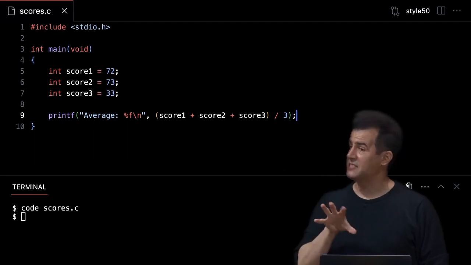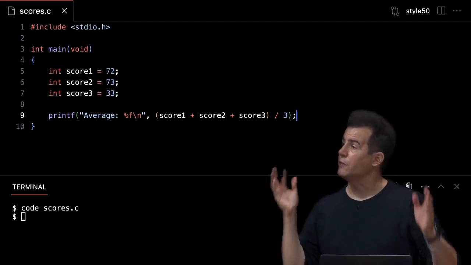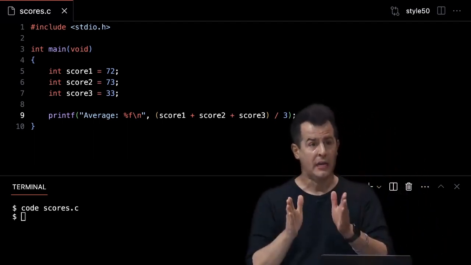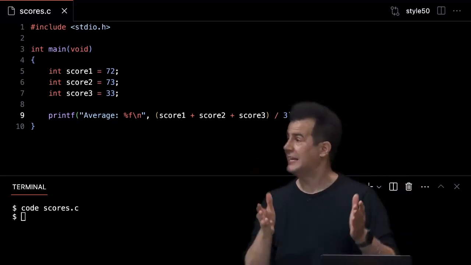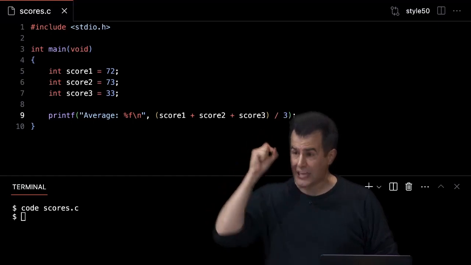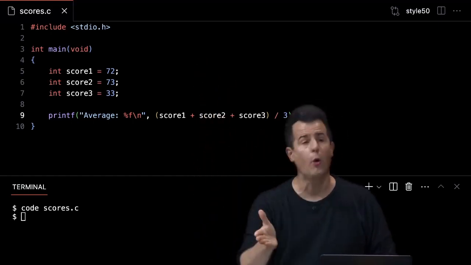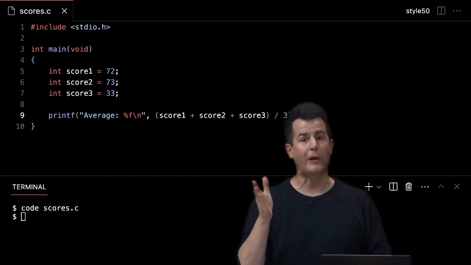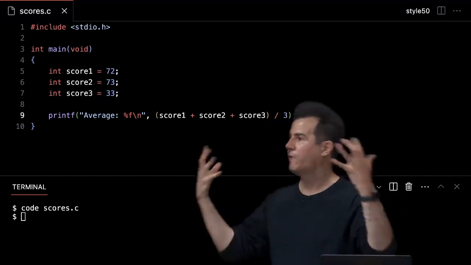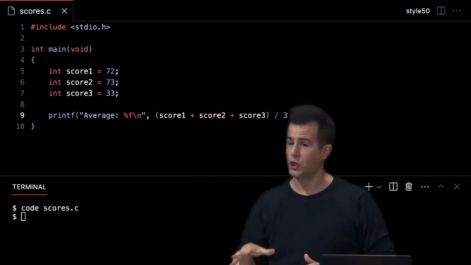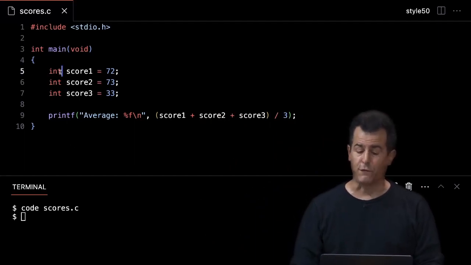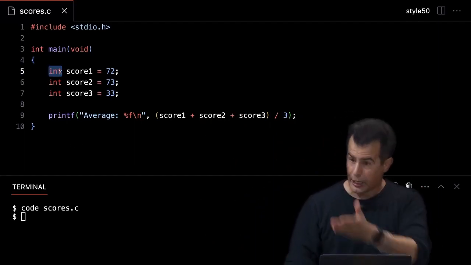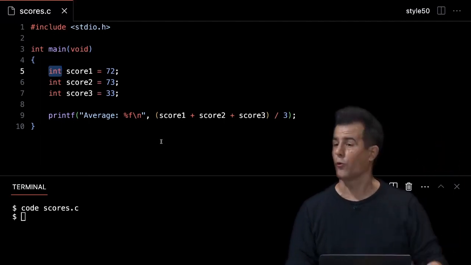Yeah, I might want to cast these scores to floats, right? Because if you do integral math, divide an integer, or the sum of some integers, by an integer, it's going to be an integer as the result. So it's going to throw away anything after the decimal point, even if it's something .1, something .5, something .9, that fraction is going to be thrown away. There's a bunch of ways to fix this. I could just use floats or doubles for all of these. I could cast score1, score2, or score3 as you proposed.